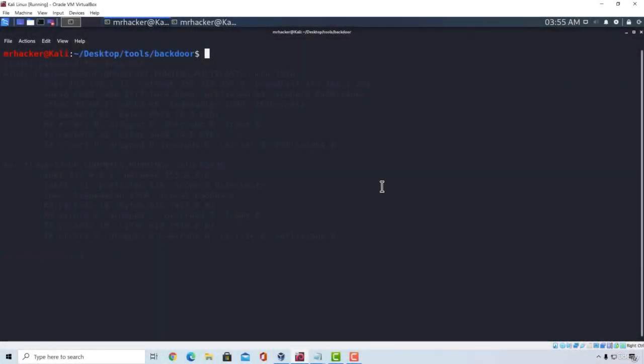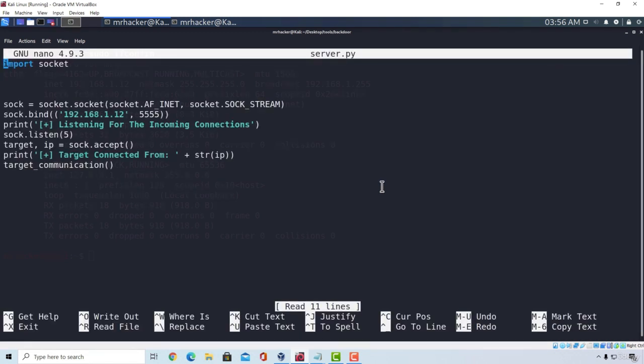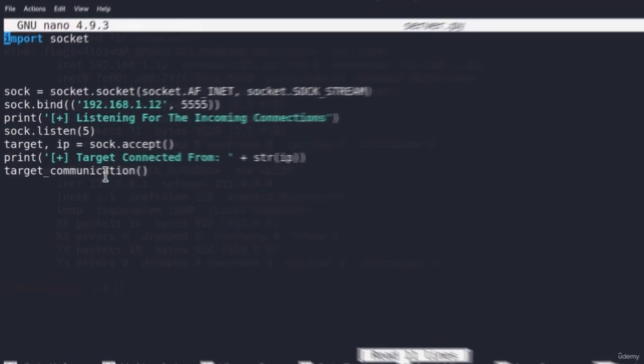Welcome back. Let's continue with our programs. In the previous video, we managed to establish a connection between these two programs. Or we didn't really manage to establish, but we created a part of code that will establish the connection once we run these programs. Now let us go to our server program first, and let's figure out this target communication